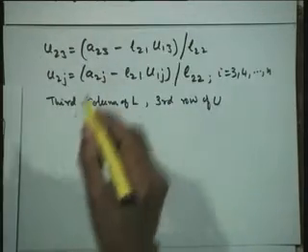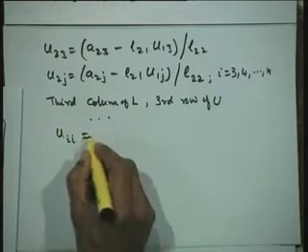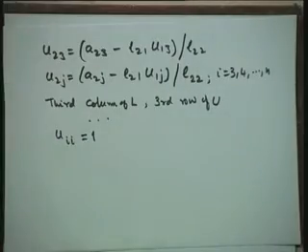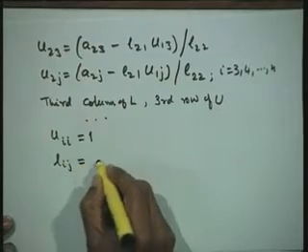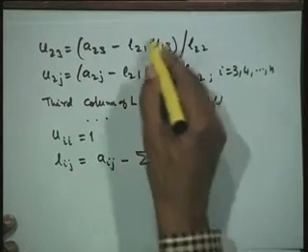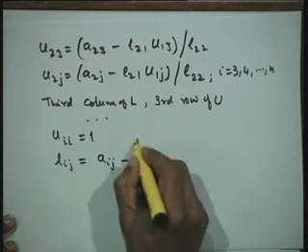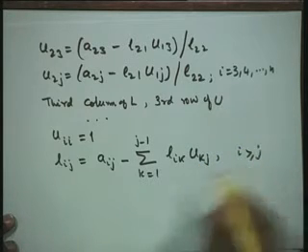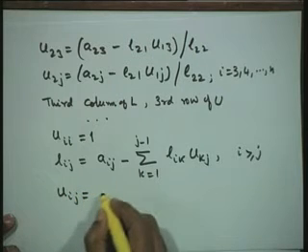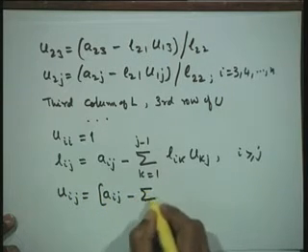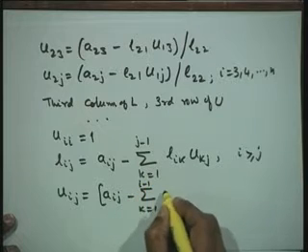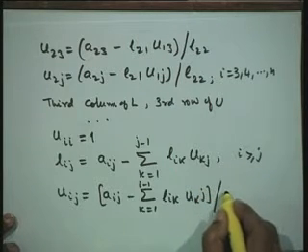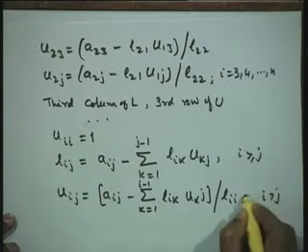Therefore, I can write down what I have written once more. The method therefore is, we start with uii is equal to 1, then I can have Lij is Aij minus summation, this I will now put in summation notation, k is equal to 1 to j minus 1, Lik Ukj for all i greater than or equal to j, and these elements Uij is Aij minus summation of k is equal to 1 to i minus 1 Lik Ukj, divided by the leading diagonal element, that is your Lii, of course for all i less than j.